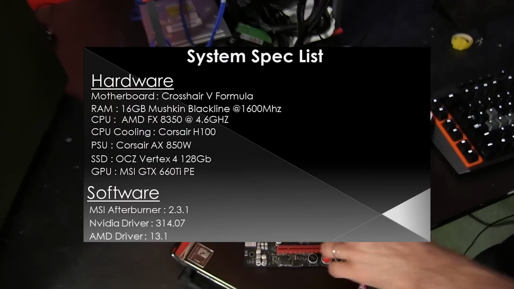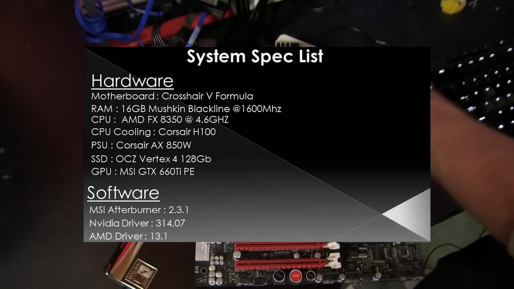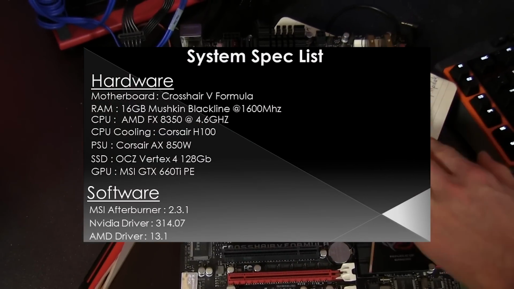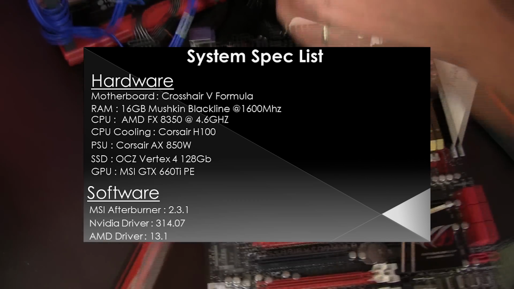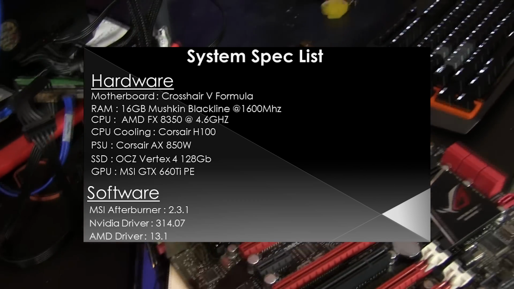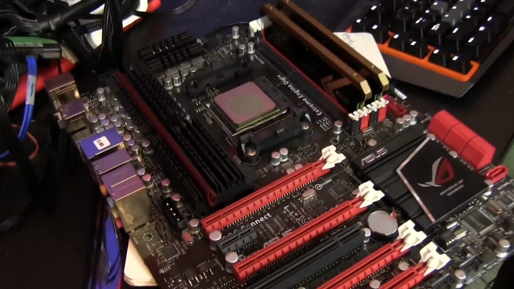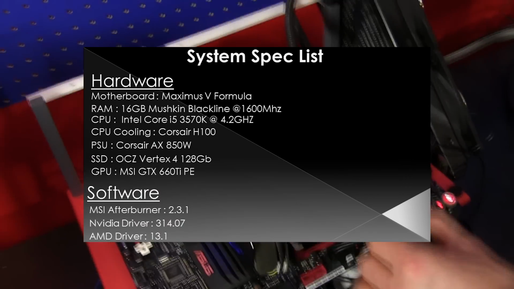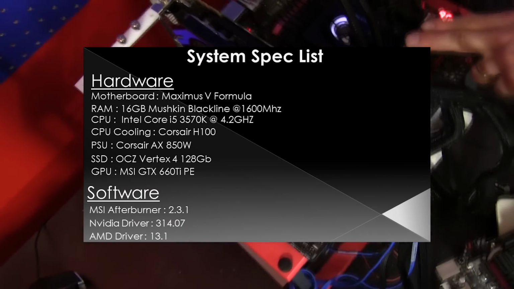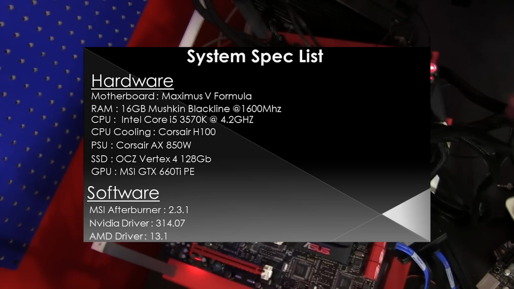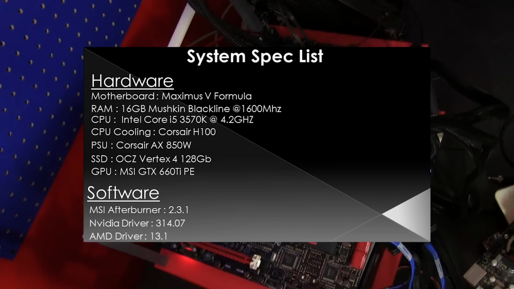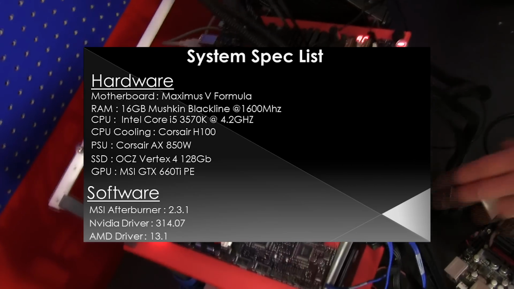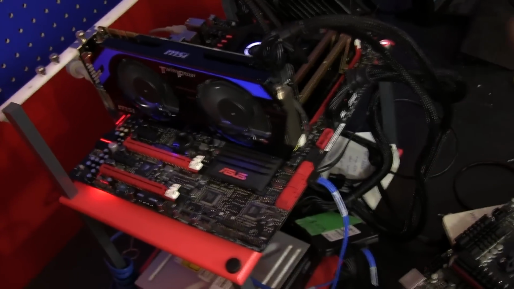First of all, we've got the Crosshair 5 Formula with an FX-8350 at 4.6 gigahertz and 8 gigs of Blackline Mushkin memory, 1600 megahertz, nothing special about it, CL9 memory. I know it looks special, but that Copperhead spreader is just for looks. Then our other bench is a 3570K at 4.2 gigahertz, a Maximus 5 Formula, 8 gigs of that same memory for consistency, and we're running a 660 Ti overclocked in both of the systems. So we've got a Windows 8 and Windows 7 SSD, and then we're running on an AX850 with an H100